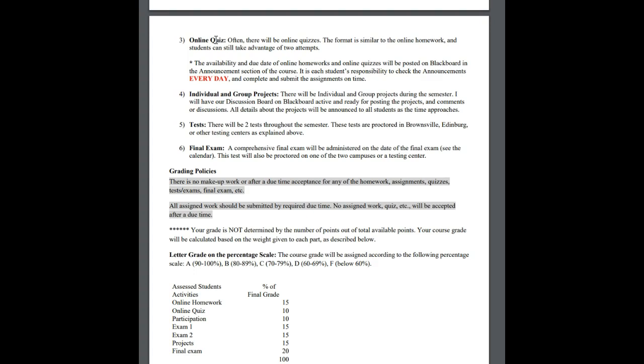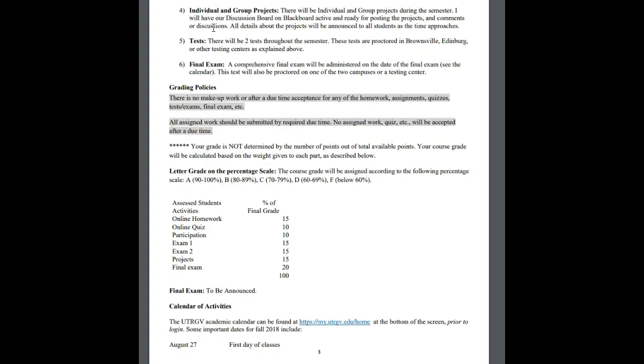So make sure that you only open online assignments when you are ready and have time, let's say an hour or an hour and a half, to work on them and submit them at the end of the time.